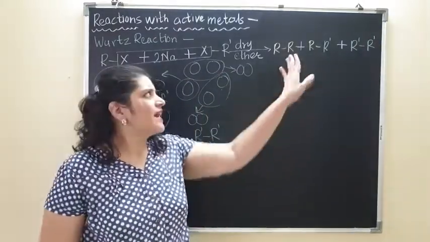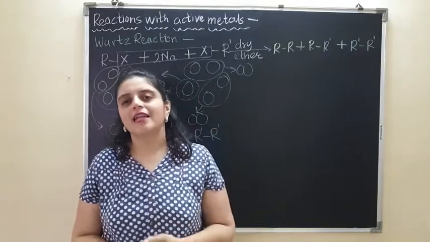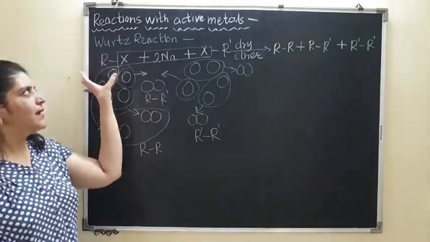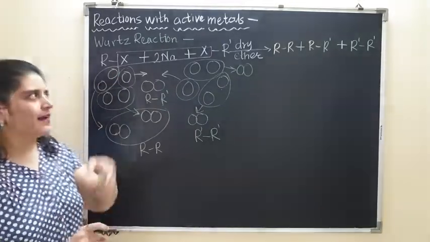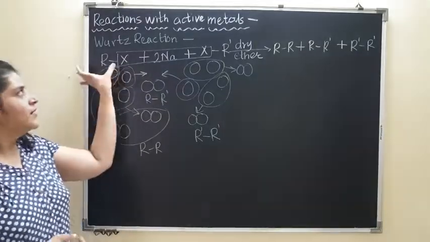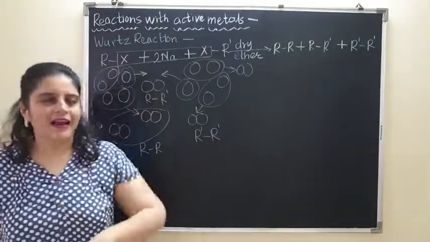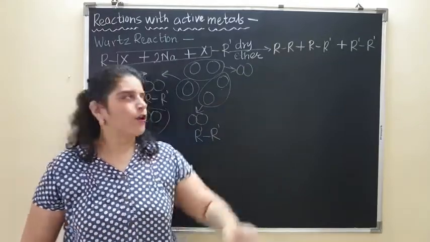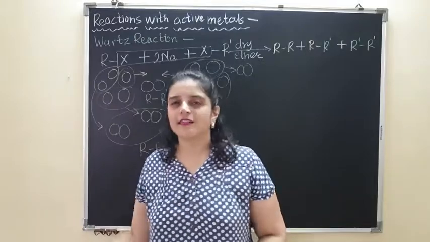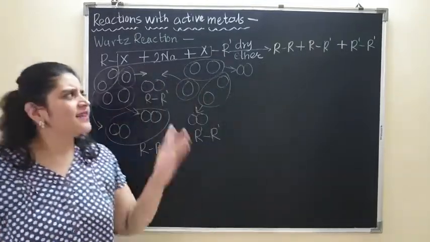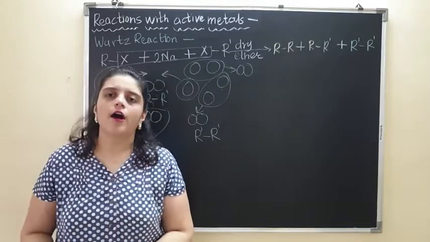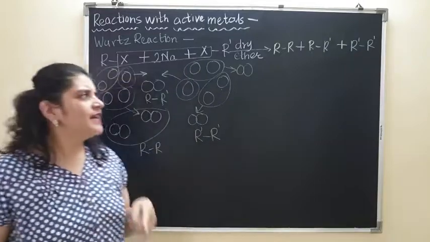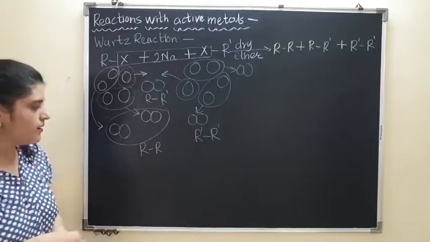In reality, sometimes we get a mixture of products which is a little difficult to separate. So ऐसा वाला reaction, ऐसा वाला Wurtz reaction जिसमें we are using a mixture of alkyl halides. If we begin with a mixture of this first alkyl halide and second alkyl halide, we also get a mixture of products which is difficult to separate from each other, और अगर हम इसको सेपरेट ही नहीं कर पाए तो रिएक्शन करने का कोई मतलब ही नहीं बनता. So that is why this kind of reaction is generally not preferred when you want to form higher alkanes. Now let us understand this with one more example.